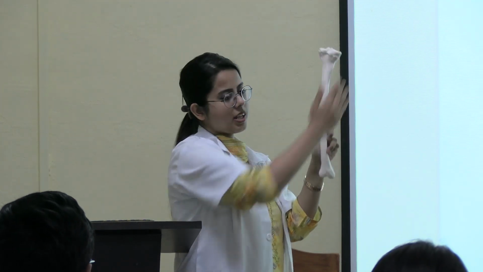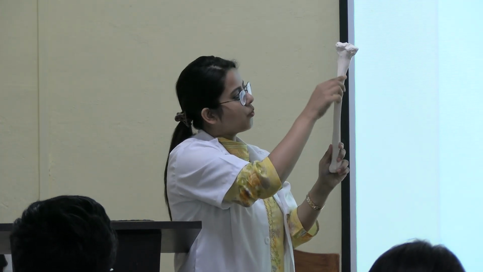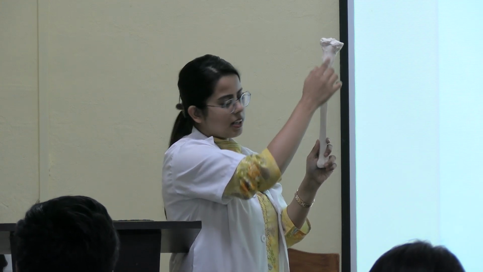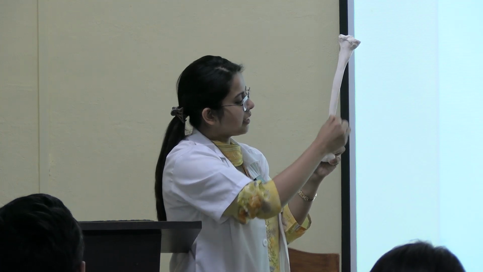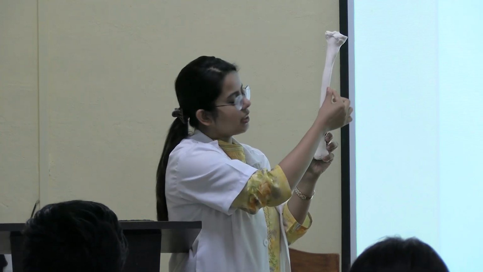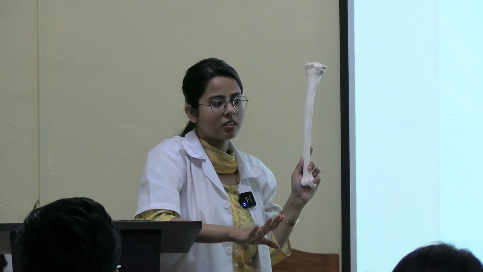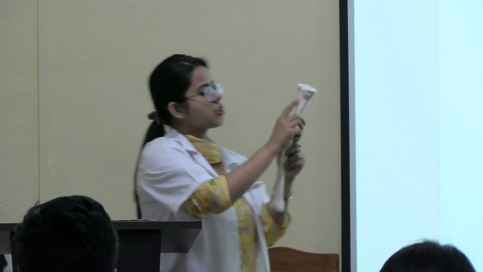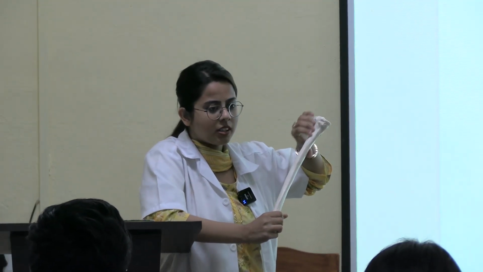So the posterior surface upper 1/3 will be divided by this line, which is going downward and medially, into two parts: upper triangular part and lower part. This lower part will again be divided by a faint ridge into lateral surface and medial surface. Clear? Should I repeat? Clear? Okay. So this is known as the soleal line. Now attachment to this line is very important.